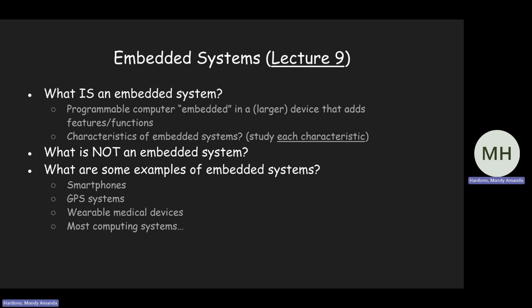So what is an embedded system? Well, basically, an embedded system is a programmable computer embedded inside of a device to provide added functionality or features without making the device much larger than it needs to be. And some characteristics of embedded systems include being